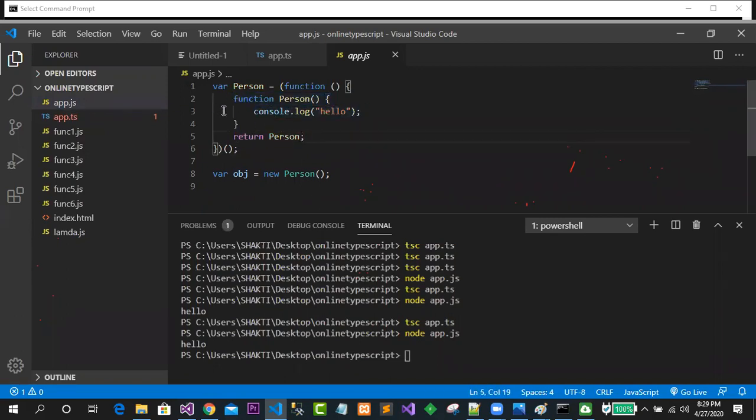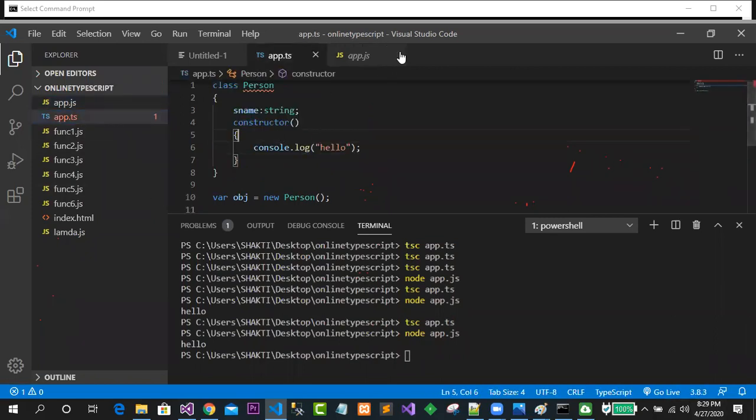If you go through app.js, you can simply see what code it is creating. This function is being returned, nothing else. We will see this code in JavaScript later, but for now you got the idea. Whenever we are taking care of any constructor, we handle it by this constructor function, so that it can be achieved.